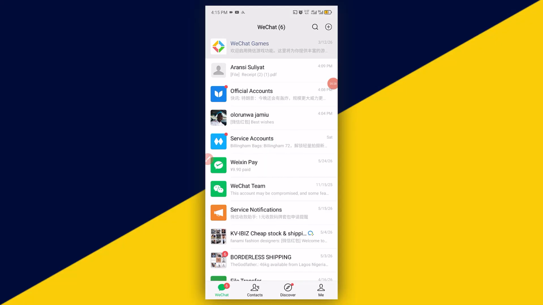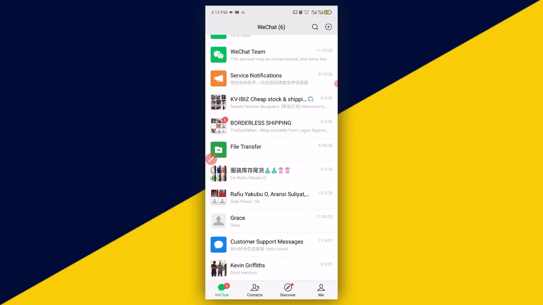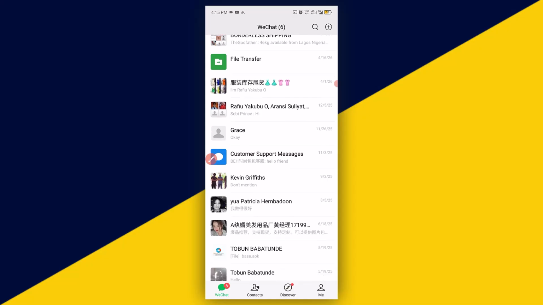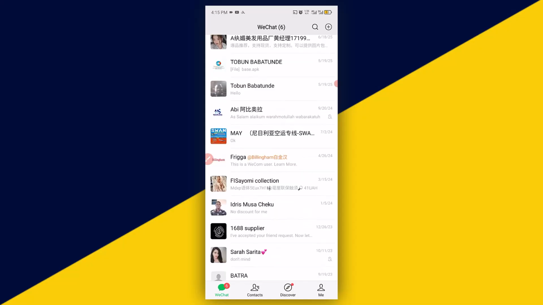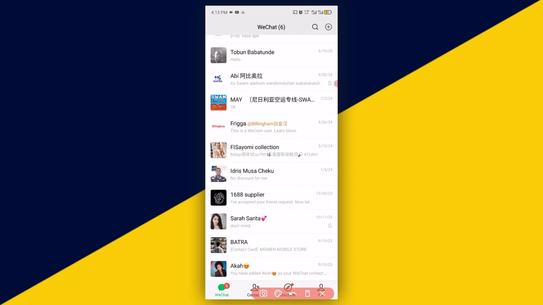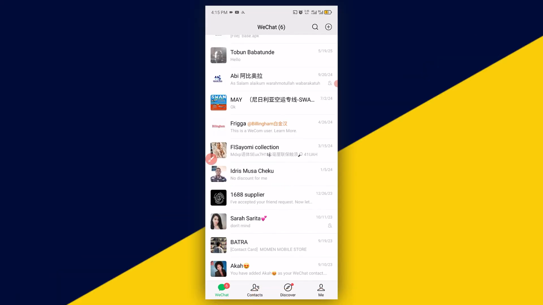After you open up your WeChat, the next thing you want to do right here is to go ahead and select a particular contact you want to share a contact card with. For instance, I'm going to simply select a contact from my chat right here. I'm going to share a contact to this particular person right here. So I'm going to open up the chat